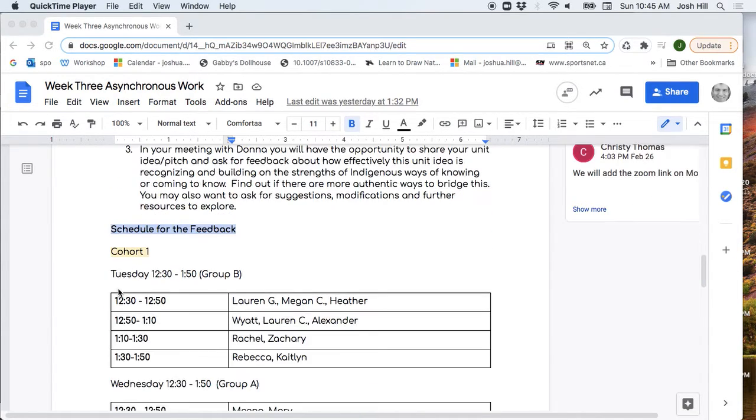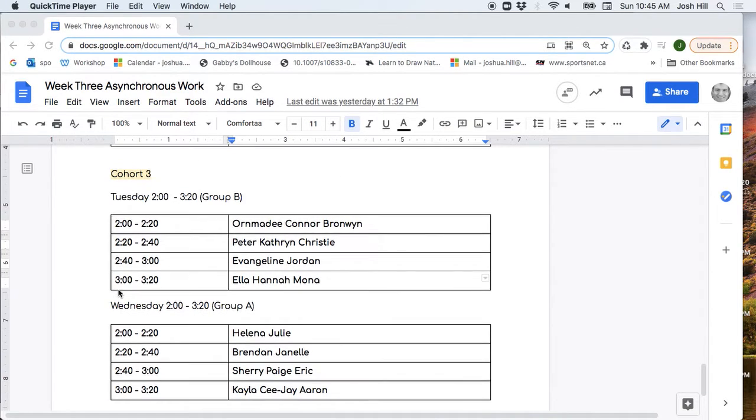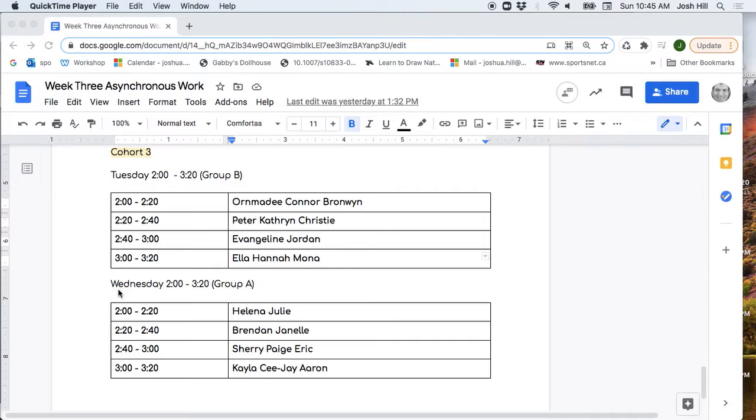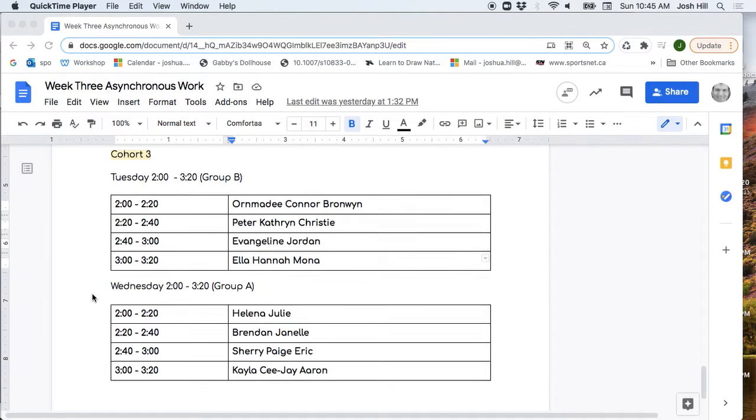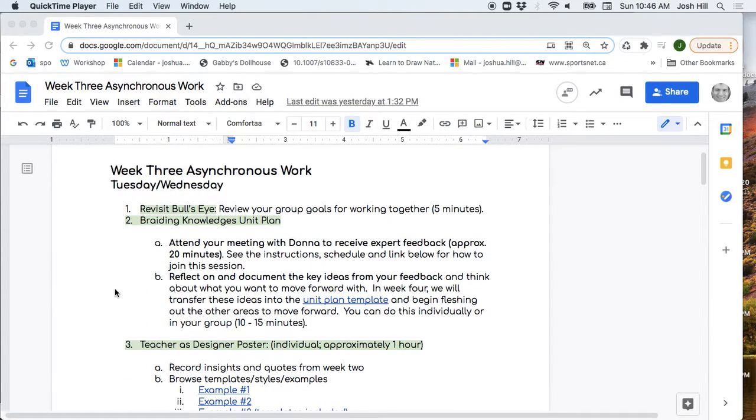So as you can see, the schedule for our class is available at the bottom, and you will have to plan the rest of your session working with your group around your 20-minute window with Donna. You should be prepared for your meeting with Donna based on the time that you had with a peer and all of our work, our peer feedback on Monday, and all of our work the previous week with your group to get ready for the pitch.